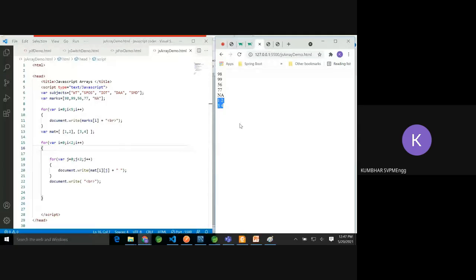Okay, so are you able to observe now? It is printing a matrix here. Yes, sir. Many times you will require multi-dimensional arrays, as JavaScript is used on the client side.